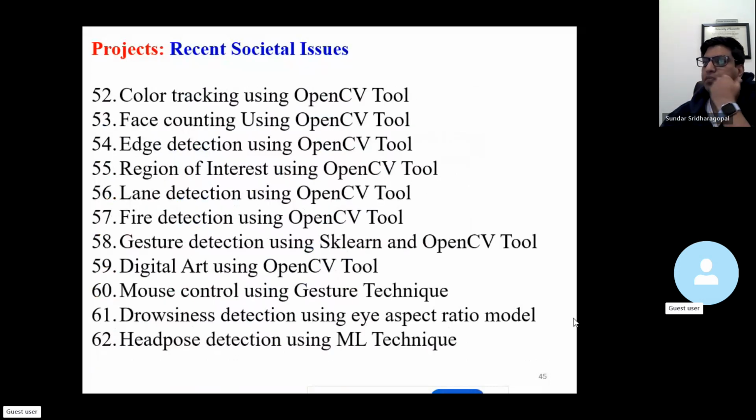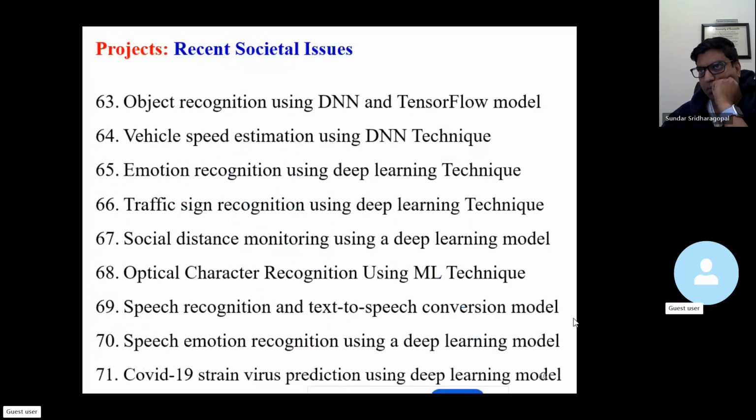face counting using OpenCV, edge detection and region of interest using OpenCV, lane detection, fire detection, gesture detection using sklearn and OpenCV, digital art using OpenCV, mouse control using gesture technique, and drowsiness detection using eye aspect ratio model, and head pose detection using machine learning technique, and object recognition using a deep neural network and TensorFlow model, vehicle speed